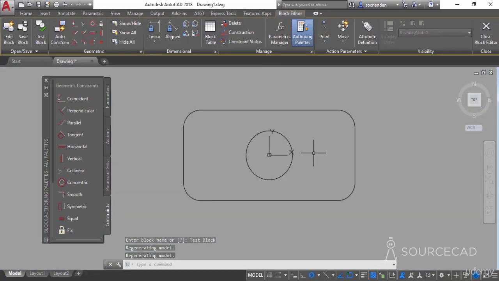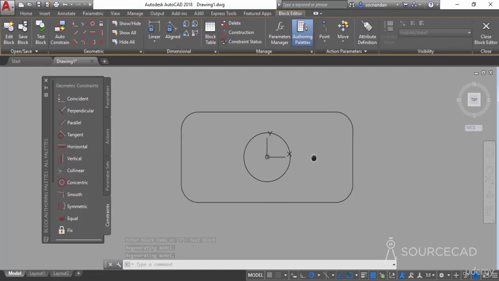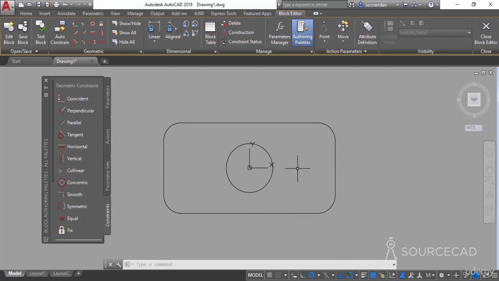The object is now open in the block editor, and now we will add required constraints to convert it into a dynamic block. So in this case, we want this block to be converted into a dynamic block in such a way so that the length of this complete rectangle can be increased without changing any other parameter, including the fillets at the corner.